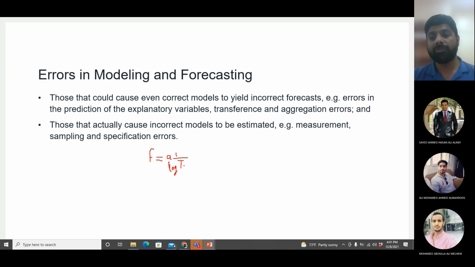Okay, or instead of t, I should be using exponential of t, maybe. So I should know these things. Between two variables, what type of relationship is there? Is it linear, non-linear? If it is non-linear, then what type of non-linear? Log, exponential, second degree, third degree. Or in some cases you are putting the variables wrong. This is also a specification error.